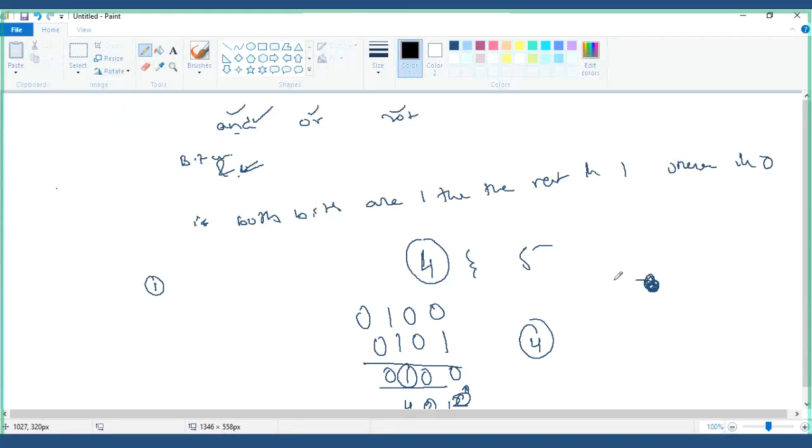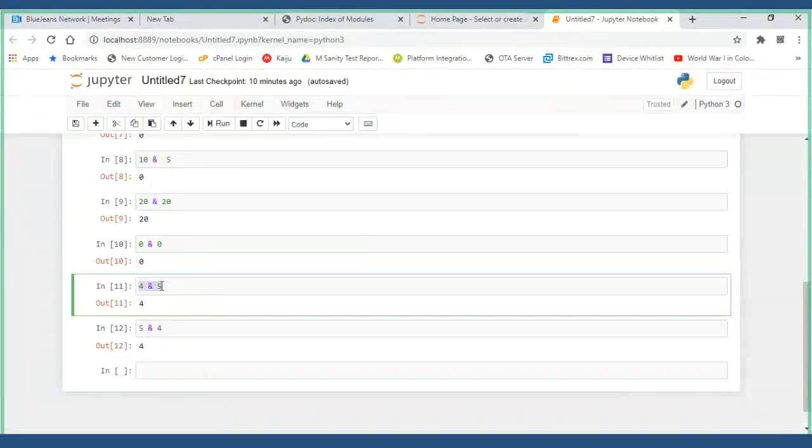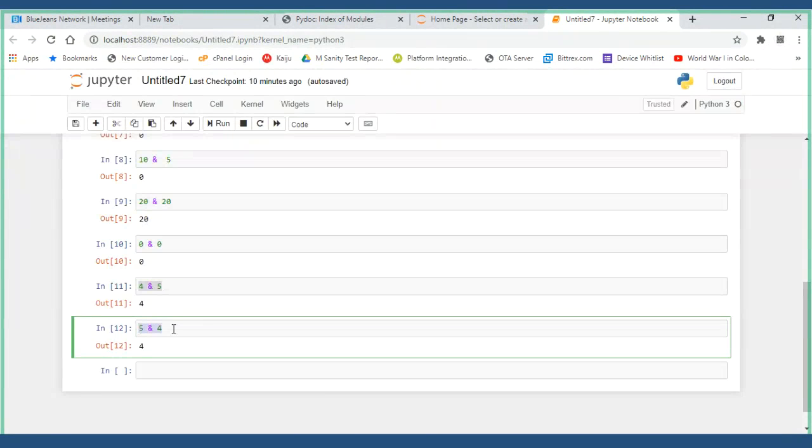First we'll see. I don't want to put a lot of time. What they are doing, I'll let you know. If you see this, they are trying to do it in that particular way. Now, if you do the same thing with 5 and 4 also, you will get the same, 4 only. Will you get 5? No, right? 1 and 1 are 1, nothing is different. Robin, got confused somewhere?